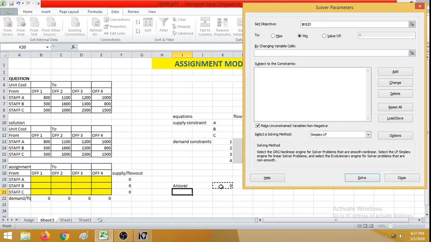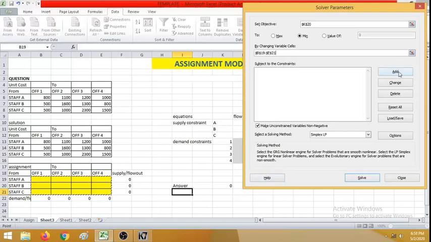So K20 is the objective cell. So what is the objective? Objective of our assignment problem here is, since it is related to cost, it is going to be minimization. So which variable cells has to be changed? This is the variable cell where I am going to get the answers, where the people are going to be assigned. Okay, so the variable cells I have chosen.